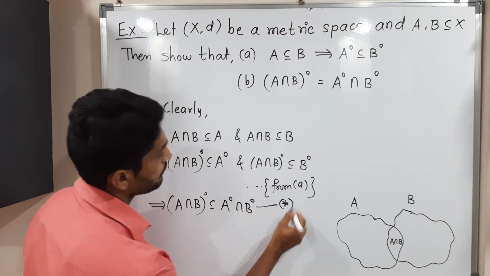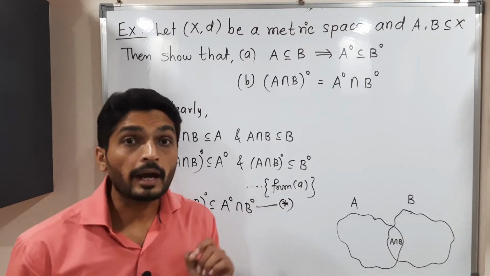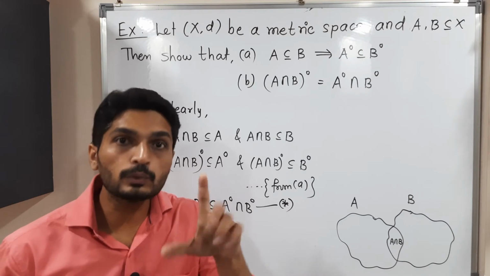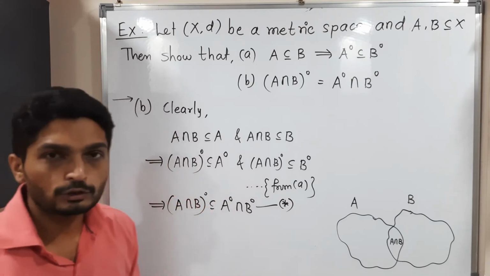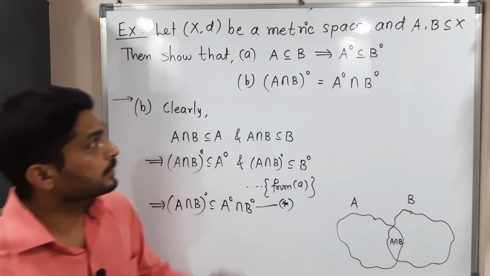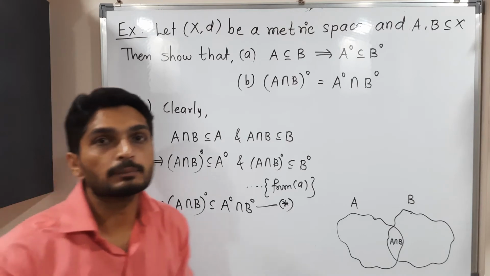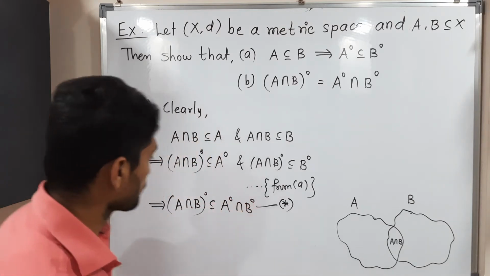Call it equation star. Or maybe you have studied that when we have AND, we replace it by intersection, and when we have OR, we replace it by union. I think in 11th and 12th you have already studied that part. So by applying that logic also, we will have the same. So here we have to prove equality, but right now we have proved one is a subset of the other. Now we are going to focus on the second being a subset of the first.